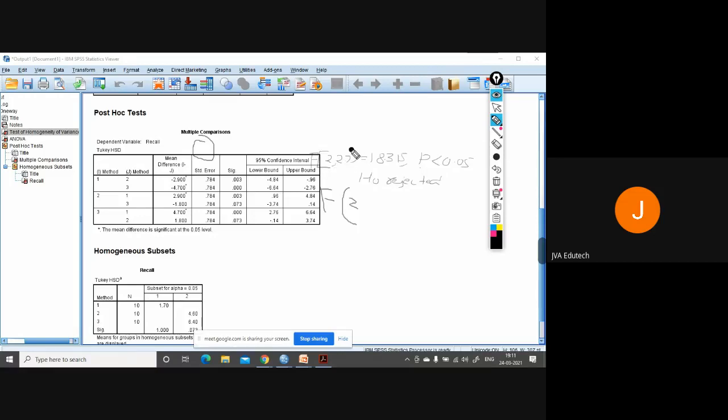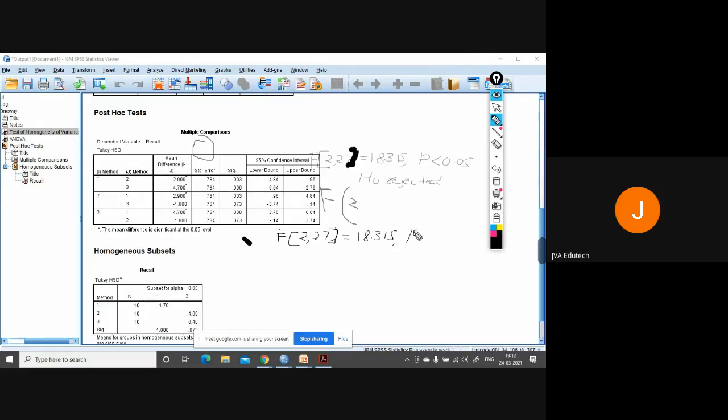F in these brackets, 2, 27, because here you have 2 degrees of freedom, is equal to 18.315.